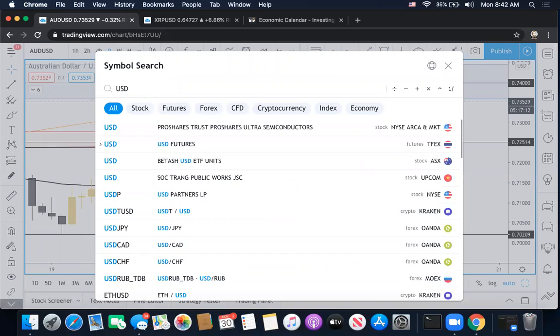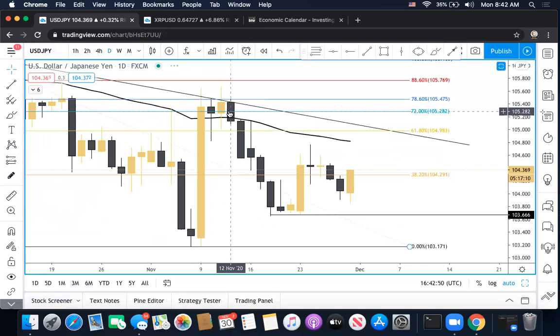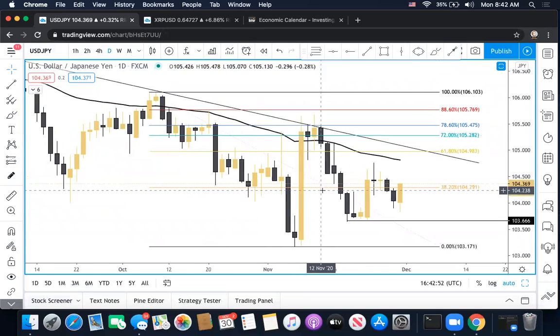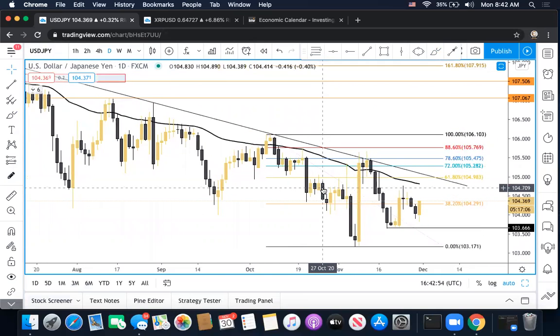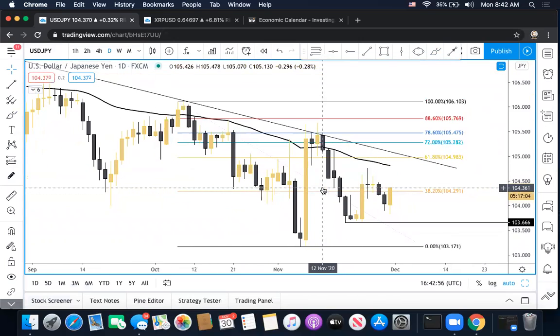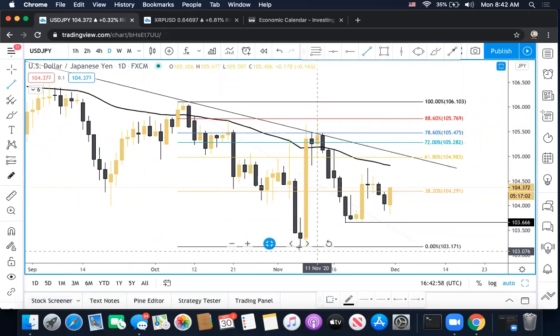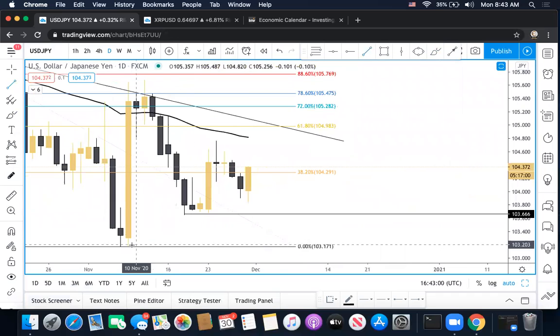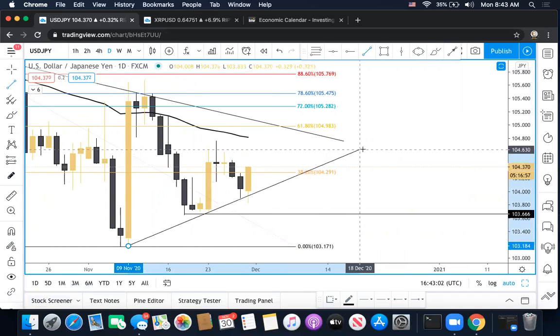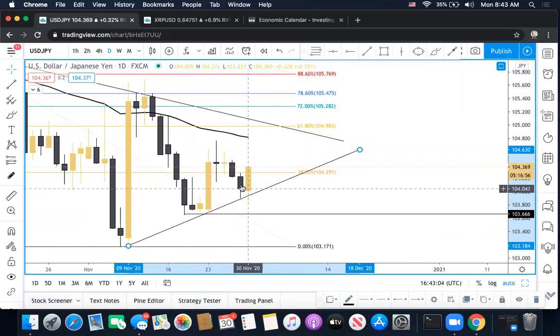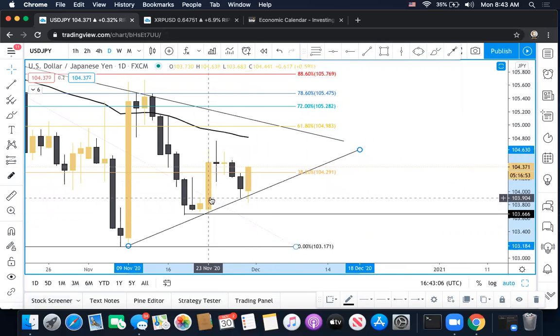All right, USDJPY. So UJ has been moving pretty bearish, but it's looking like it has potential to go bullish. You could draw a trend line here to here. You see rejection. Price just pushed down here, rejected.